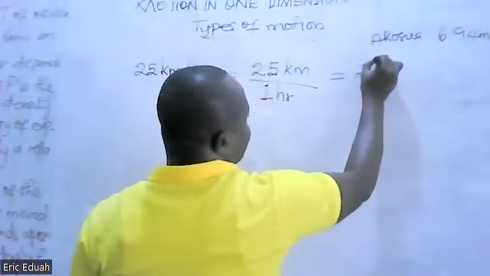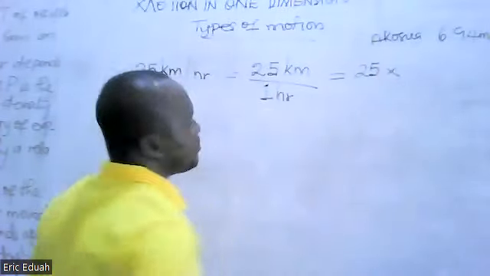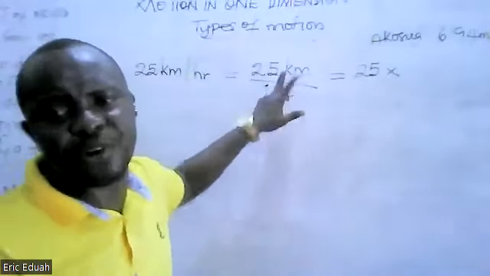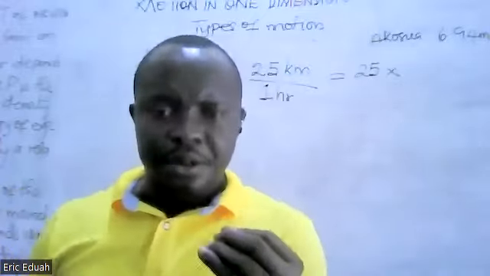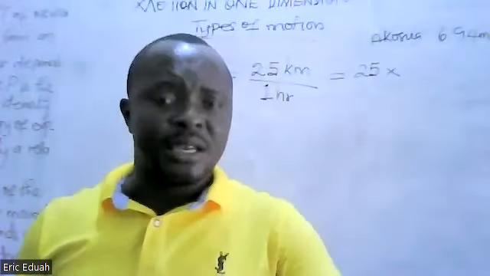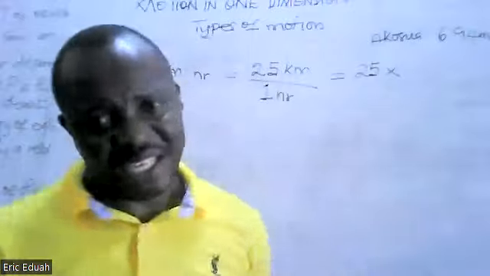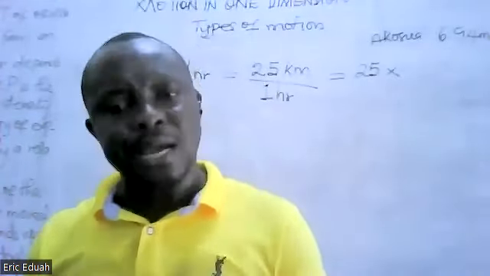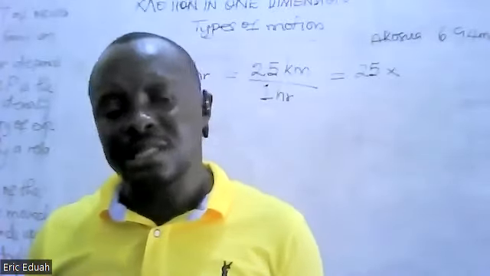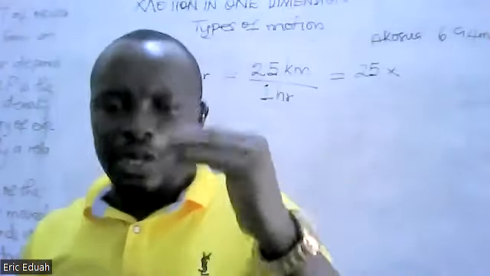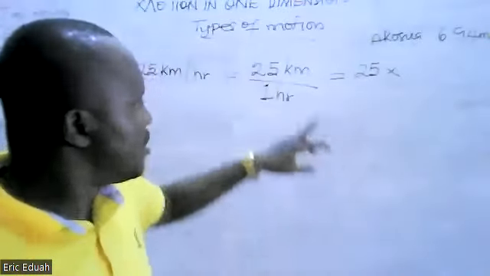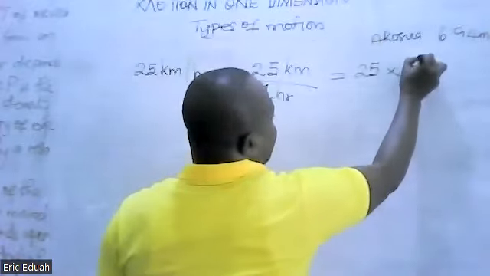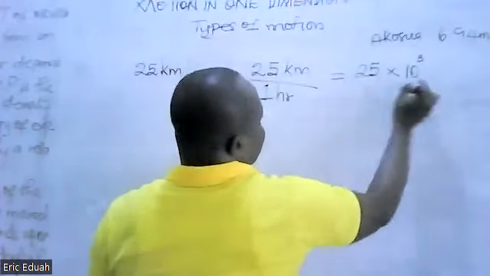So 25 times, you see, the letter small k is a prefix. It means we have 10 to the power 3. Kilo means 10 to the power 3. Micro means 10 to the power -6. So learn these prefixes. Okay, so this kilo means that we have 10 raised to the power 3, then m, meter,